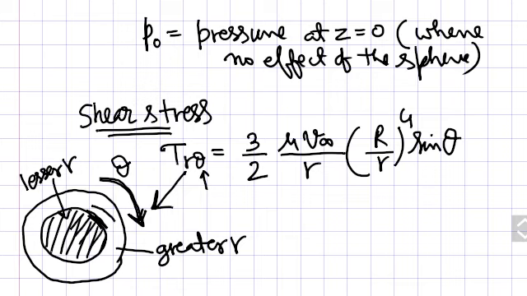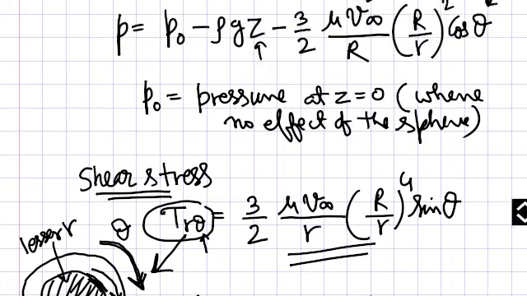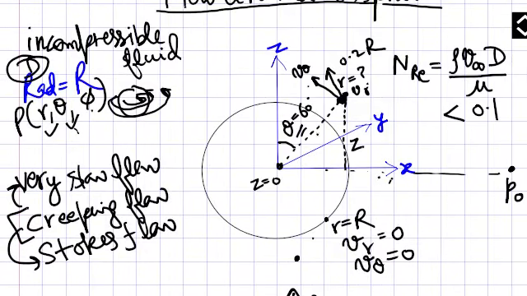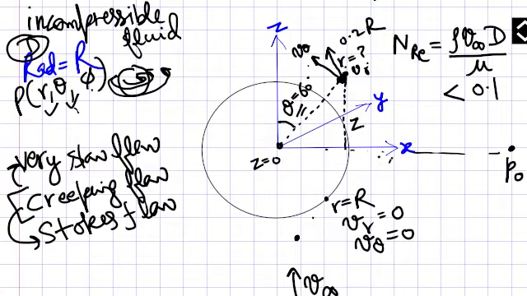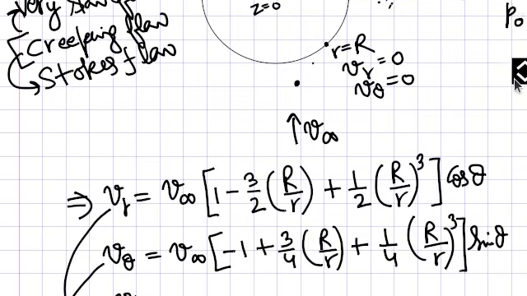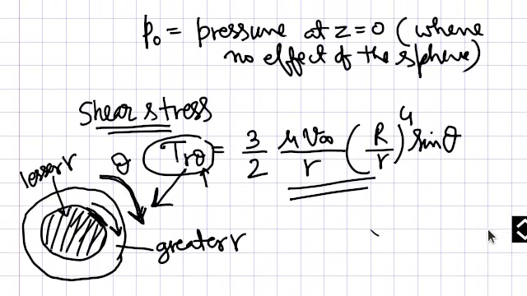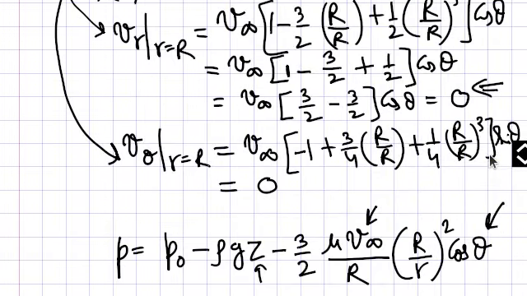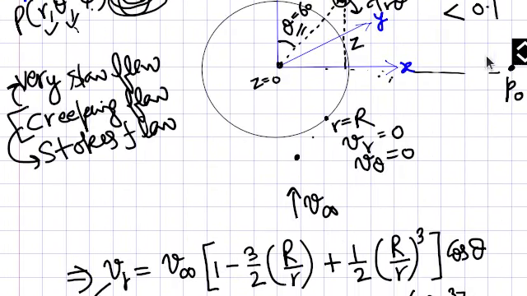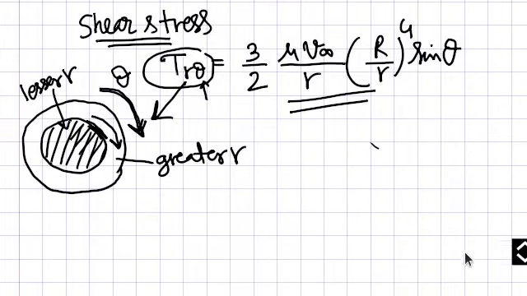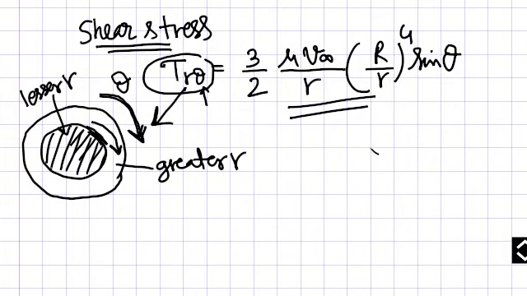So it is a force in this direction on this interface, and it will be represented by this, and you can calculate its value by this formula, where you should know at what distance r is and what the theta is for that point. So you can find the shear stress tau r theta here. You only need to know these formulas; you don't have to remember them, you just see how complicated they are, and you should know how to use them, because we will use these formulas to derive some very simple results.